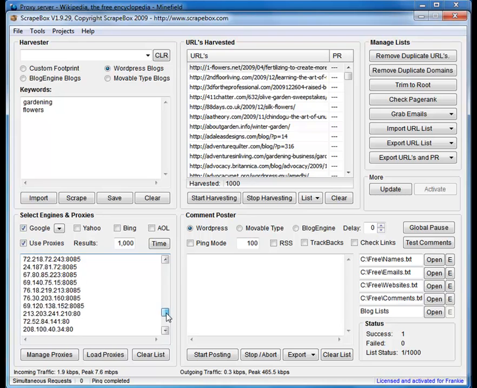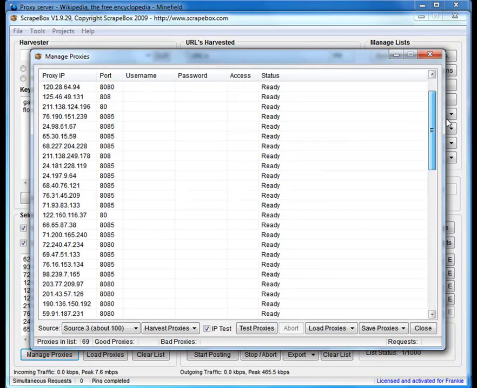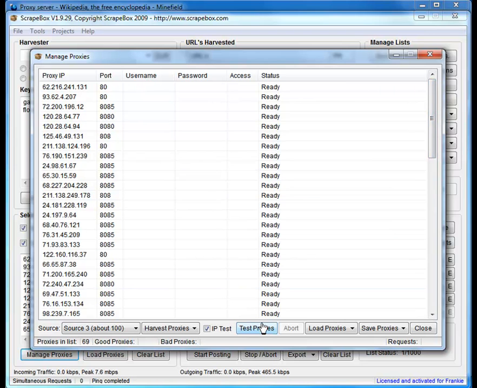Down in ScrapeBox we've got the proxy section down the bottom here where you can input your proxies, and it's also got a manage proxies section built into it where it'll scrape free proxies off various websites. They're down in the bottom here. There are 3 different sources, or you can choose all and hit the harvest button. It'll go out and collect them off the net and pull them back into ScrapeBox where you can test them. And as I said, free proxies are pretty unreliable, and I'll do some commenting with them and